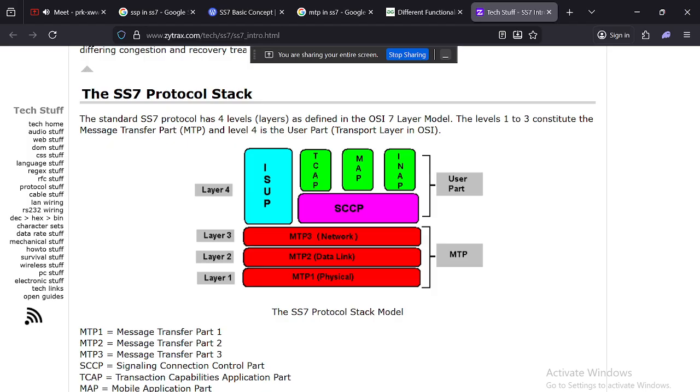When it comes to MTP level 3, this will also handle message routing and addressing using point codes and congestion control across the SS7 network. That's it for the MTP levels here.